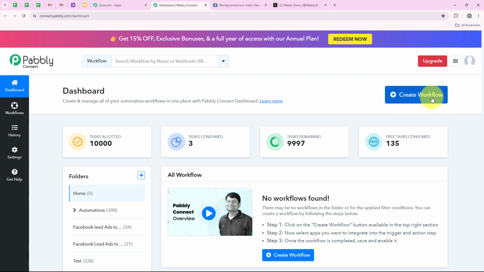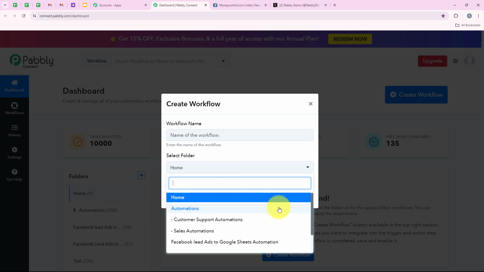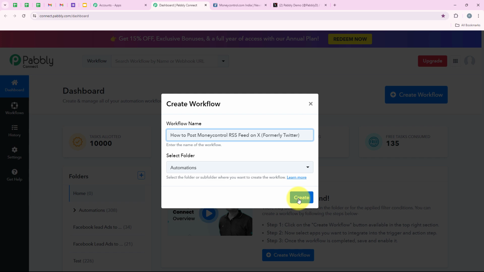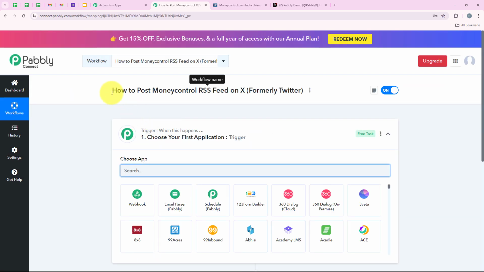button which says create workflow, and now it is asking me the workflow name and the folder I want to save the workflow in. So I want to save the workflow in this folder which is automations, and I want to name my workflow as how to post Moneycontrol RSS feed on X, formerly Twitter, and then we are going to click on create. And now it is opening the most important window of our automation, that is our workflow